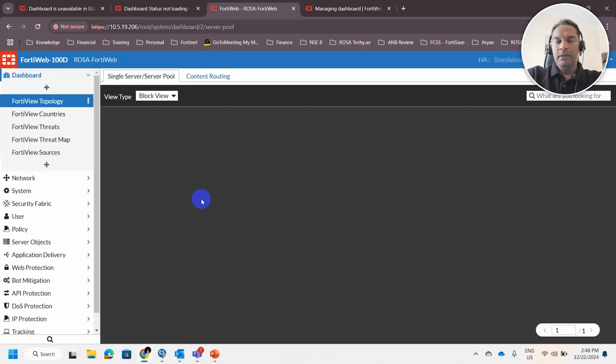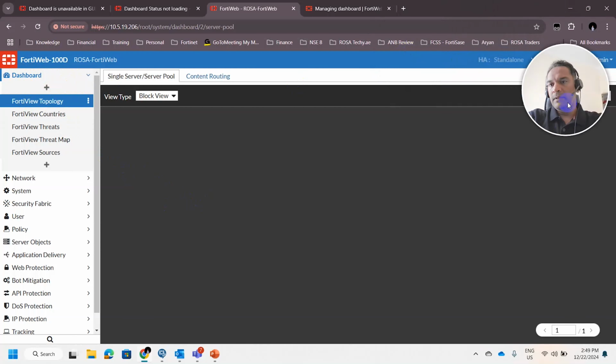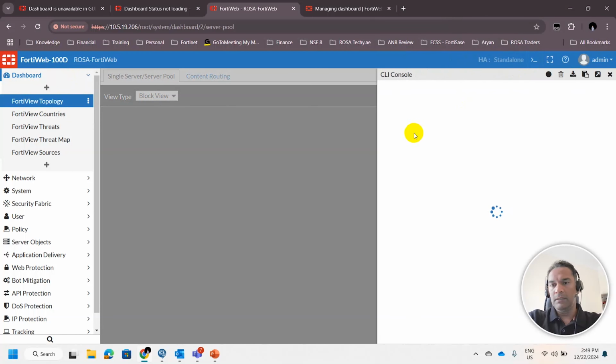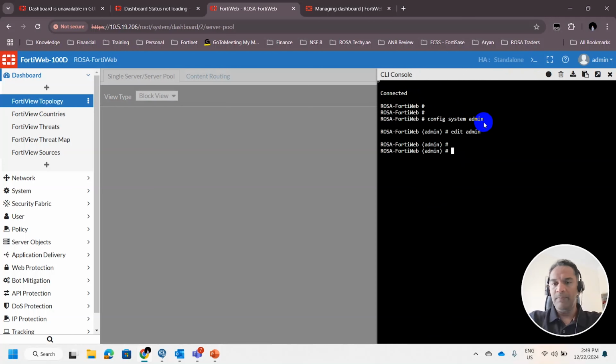Okay, so now in the lab, I'm demonstrating. As you see here, the status option is not available. So what you have to verify is you have to go under console or log into the CLI and verify. Config system admin, edit admin, because my username is admin, it can be any username, and then you have to